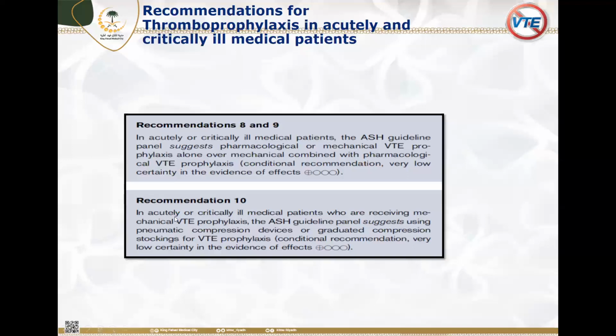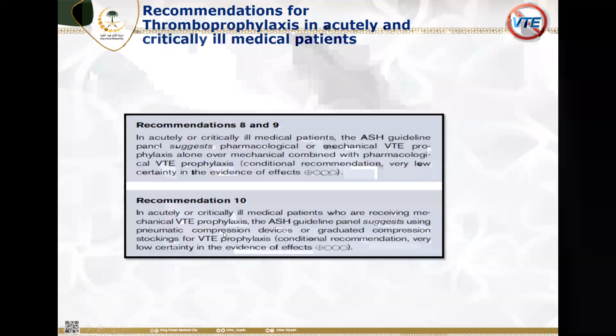So for recommendation 10, acutely or critical ill ward and ICU patient who are receiving mechanical VTE prophylaxis, the ASH guidelines suggest using pneumatic. So they suggest a pneumatic compression device or graduated compression stocking for VTE prophylaxis. So they don't